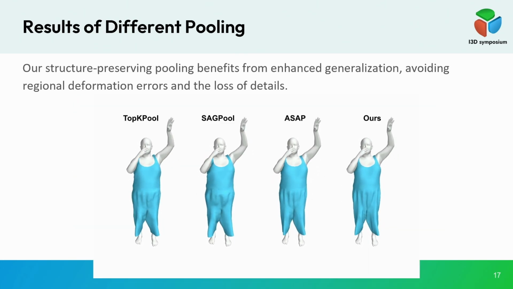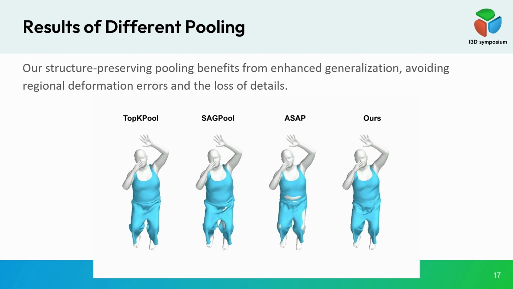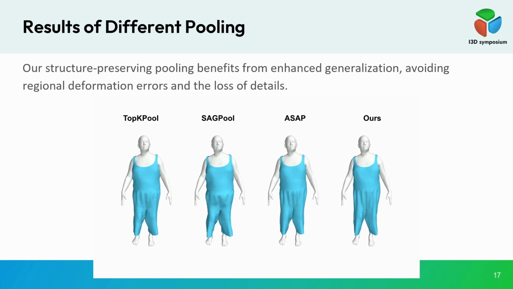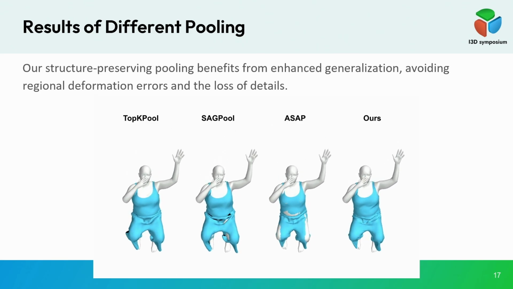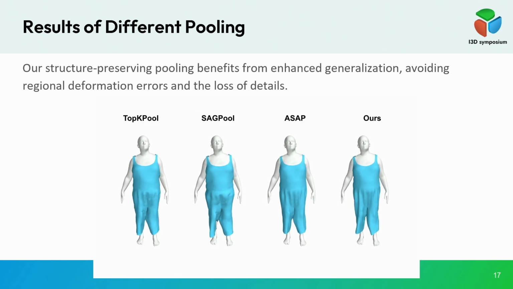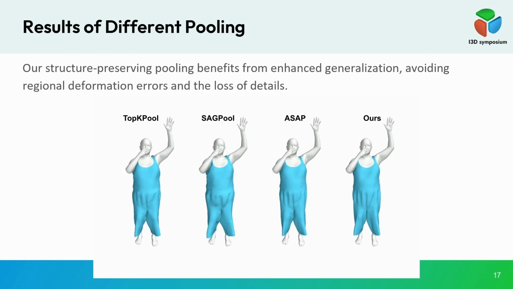And we also present qualitative deformation results. As shown in the video, our method efficiently captures the global features even in unseen scenarios. This ability is crucial as it assists the model in generalizing to test data and in producing reliable deformation predictions.